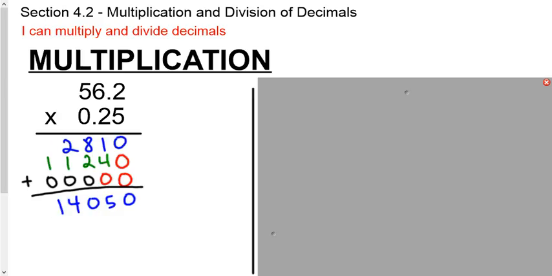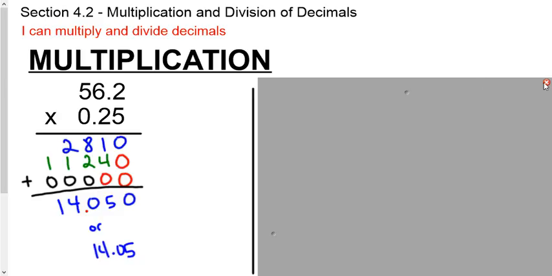So we're done with our adding, and the last part is now counting up how many decimal places. This is 1 decimal place, and this is 2 more, so we've got to move our decimal place over a total of 3 times. And there we go, 14.050. We don't need any extra zeros hanging off the end of this answer, so we could literally just rewrite it as